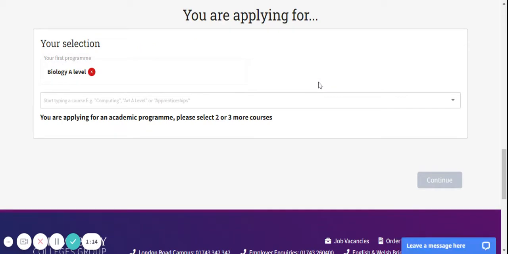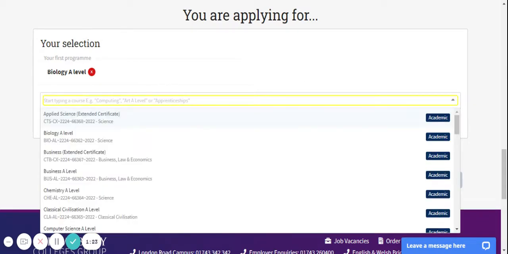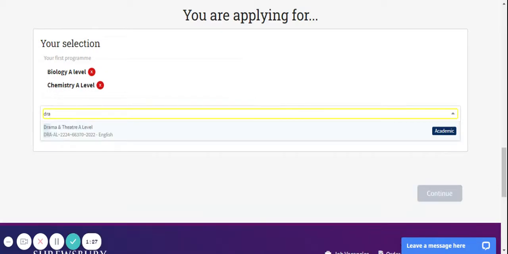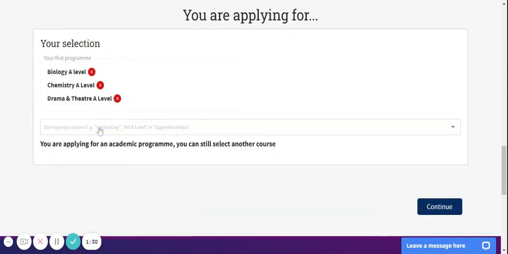You will see that your course selection has gone to the bottom of the page in a basket. If you're applying for A-levels, you can then add your further choices. If you are selecting A-levels, you will need to do at least 3 to be able to proceed and a